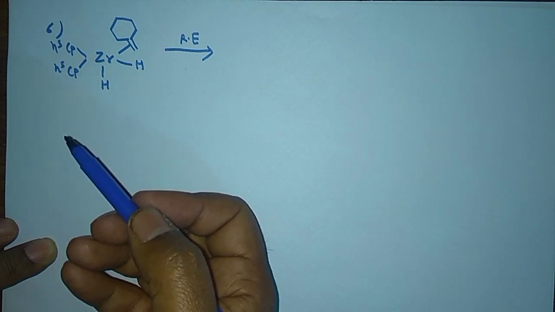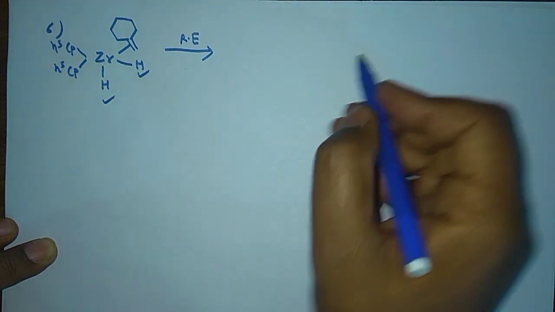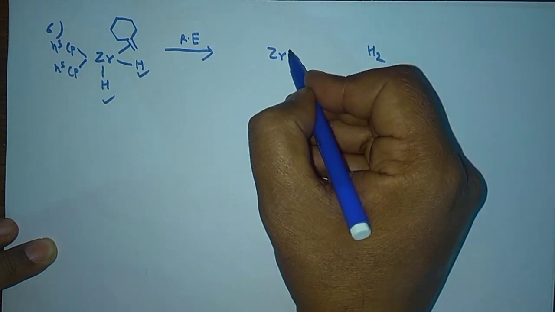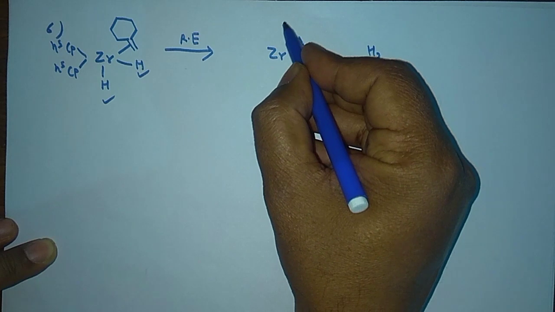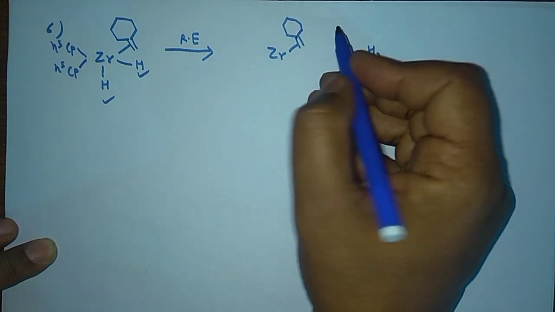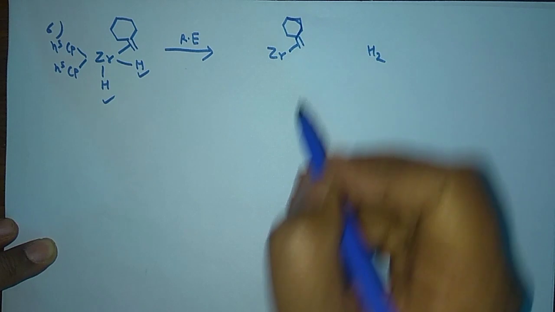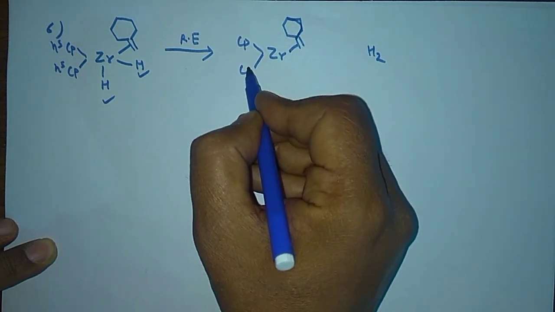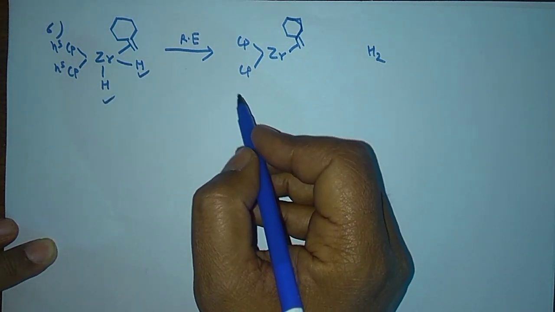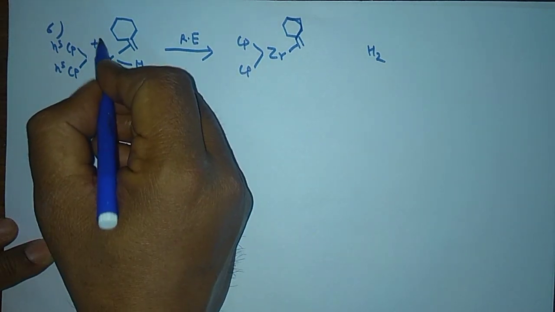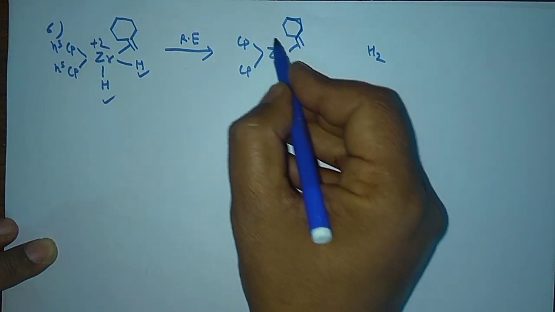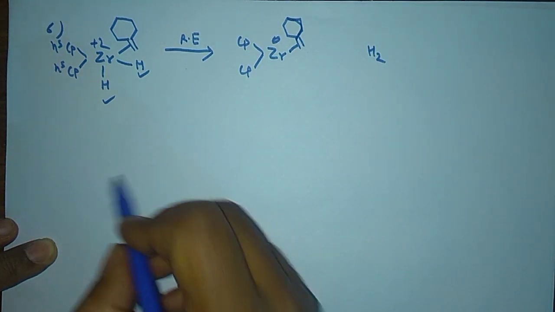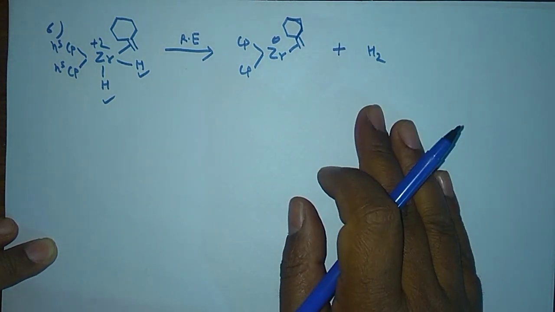So what option is left? Only these two hydrogens. So I'll put these two hydrogens together here, and then I have my product, just like that. It should look like the 6-membered ring. Sorry for my poor drawing. This is Cp, this is Cp, all having eta 5, and with 2 hydrogens it is +2, and now it's neutral, it is 0. So oxidation state decreased by 2 units, electron count increased by 2 units, and coordination number decreased by 2 units. So this is another example.